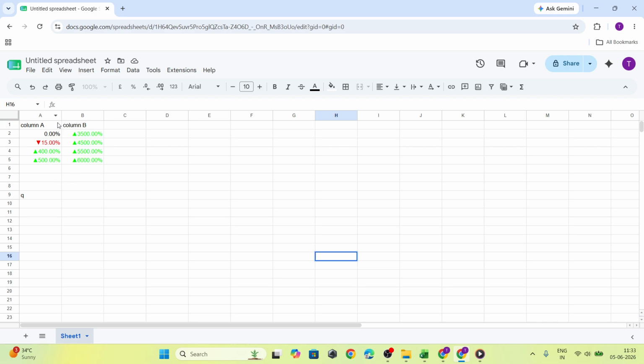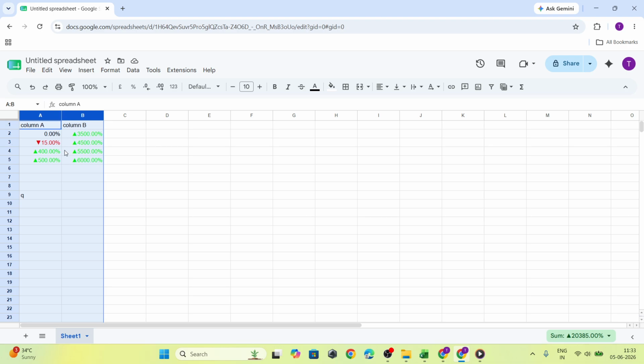To get started, open your Google Sheet and decide which rows or columns you want to group together. If you're grouping rows, move to the far left side of the sheet where you see the row numbers. Click and drag across the row numbers for the rows you want to include. If you're grouping columns instead, go to the top of the sheet where the column letters are displayed. Then click and drag across the letters for the columns you want to group. Make sure the full range you want is highlighted before moving on, because that selection tells Google Sheets exactly what